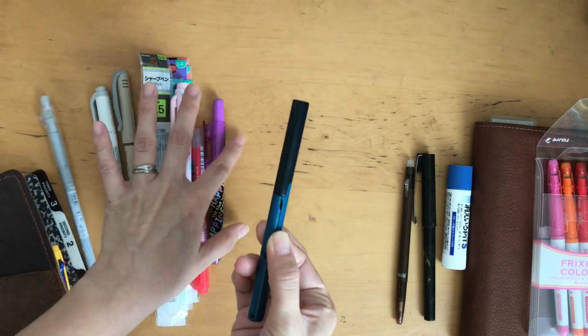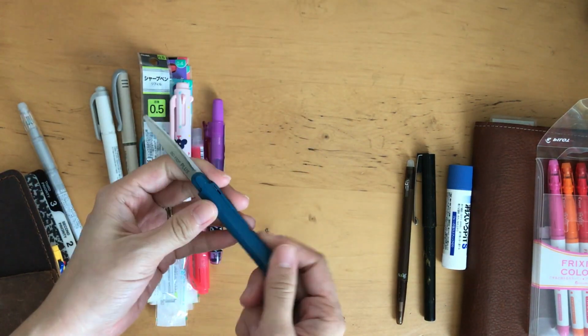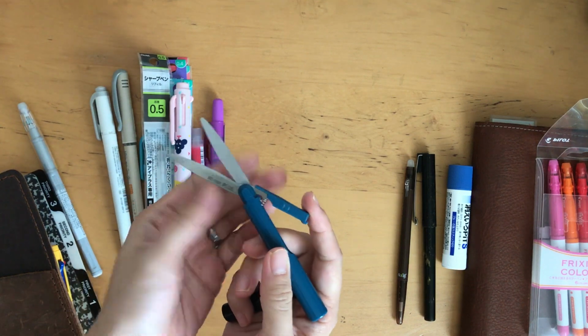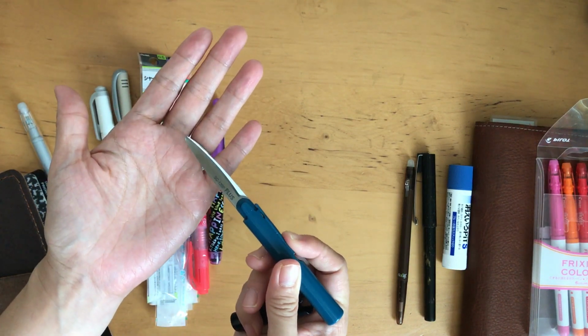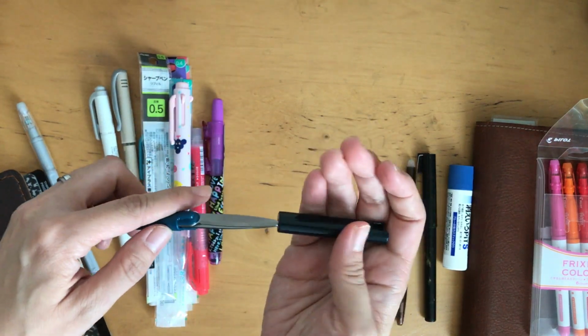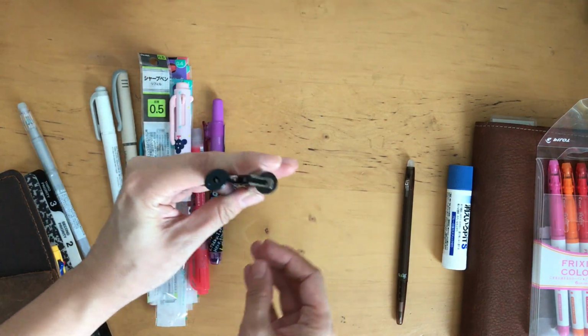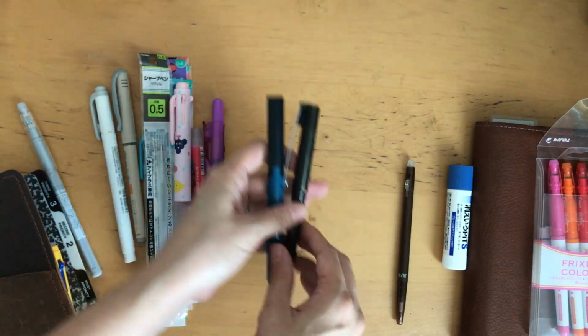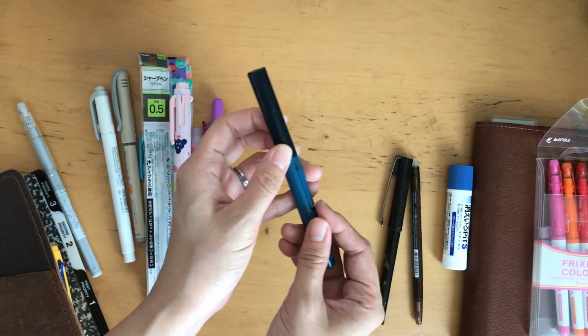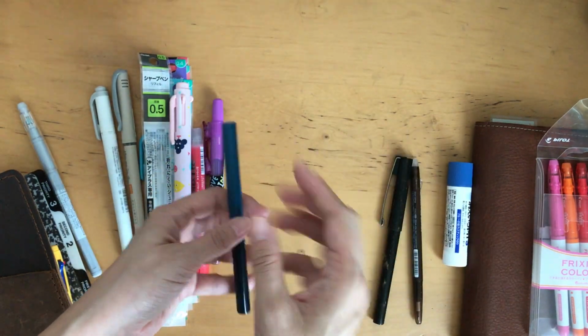Scissors. Oh, I really like these scissors. It's very compact. This was also from the stationery selection box from several months ago. I want to say last year. I don't remember which month it was, but it's so compact. It's pretty much the same size as a pen. Like, it's so compact, you can see there. But this is part of, if I want to journal and I need to cut things out, then I'll